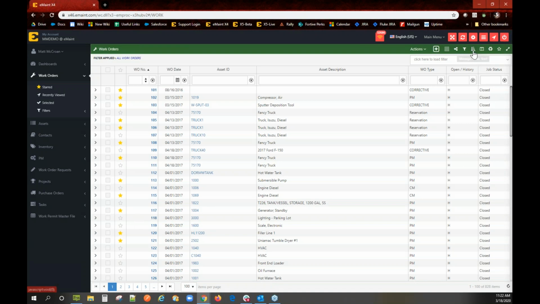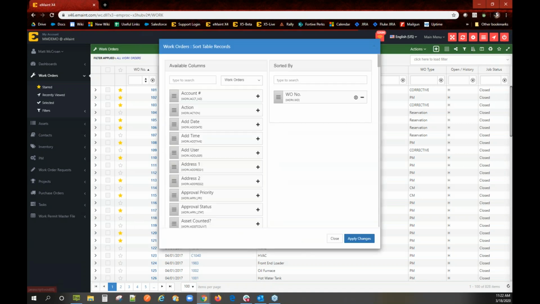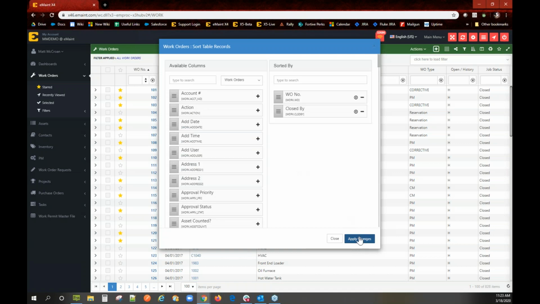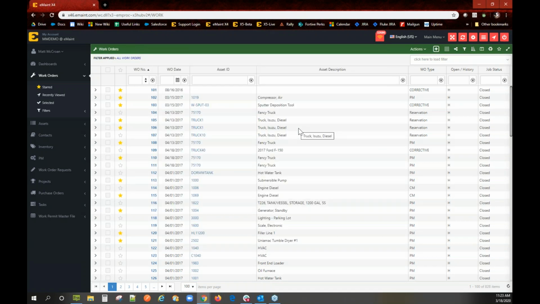That's where this button up here comes in handy. It's going to show you all of your table sorts on all of your columns, rather. So right now I only have the one column with a sort on it, but I'm going to show you a quick example. If I added a sort by closed by and added that,